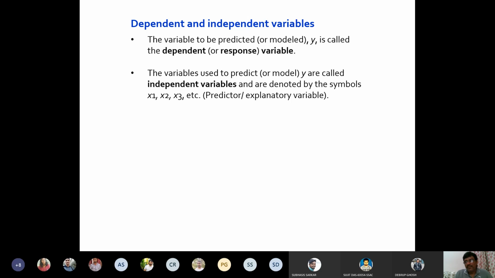Sometimes you can consider nitrogen uptake as an independent variable and plant height as a dependent variable. Or you can take N uptake or N concentration in leaves as an independent variable and nitrogen uptake as a dependent variable. So it's up to you. For example, you have variables like plant height and dry matter accumulation. So in this case, you can take any variable.